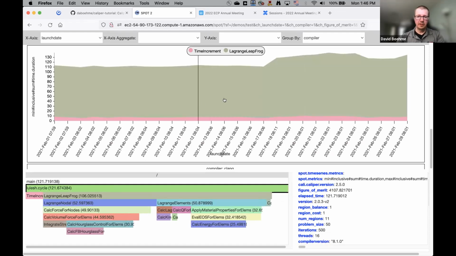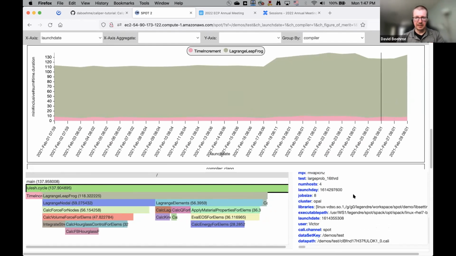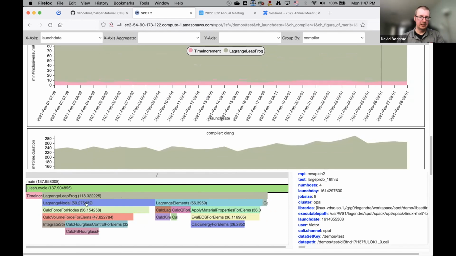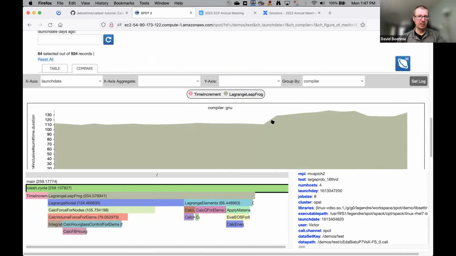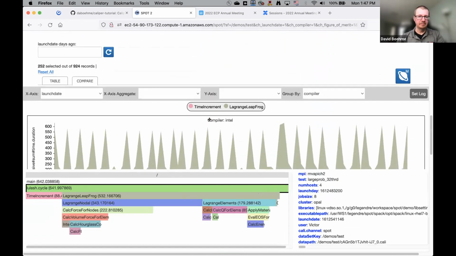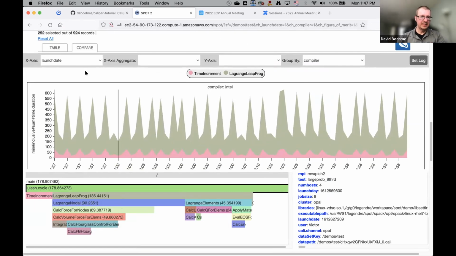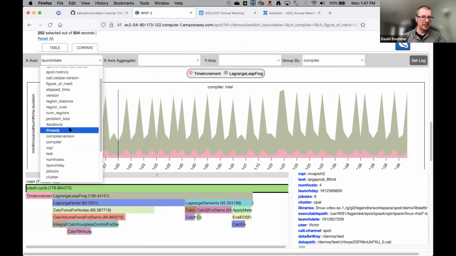As we scroll along here, you also see that we can select the individual runs for each of these events. It shows us, again, the metadata for these runs and the entire Caliper region profile. This is also actually quite a bit more adaptable. So instead of the launch date, for example, we can use this to create a scaling study. For example, we can put the number of threads on the x-axis